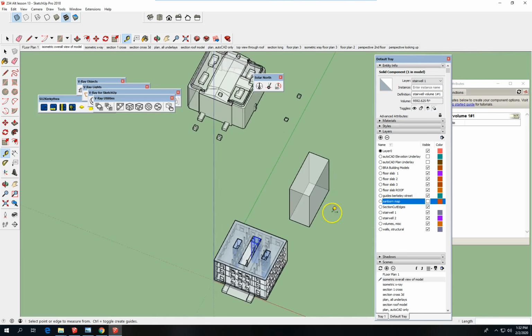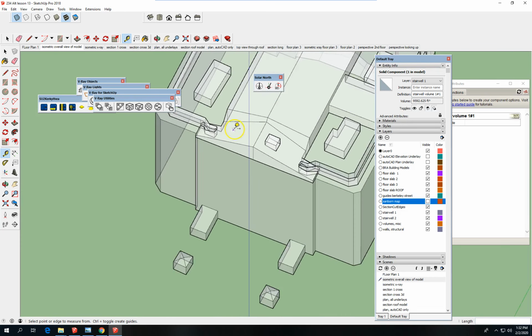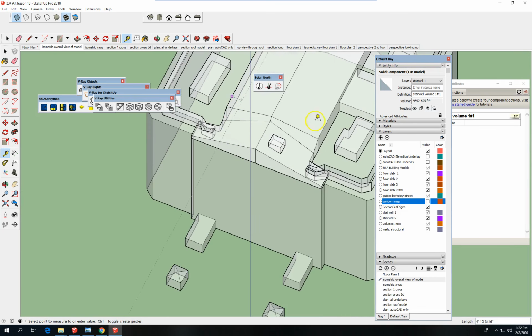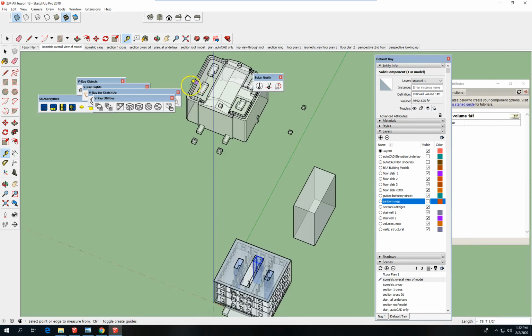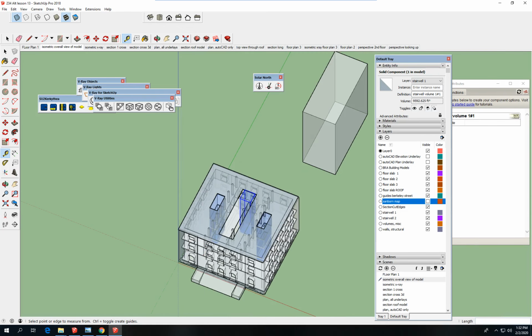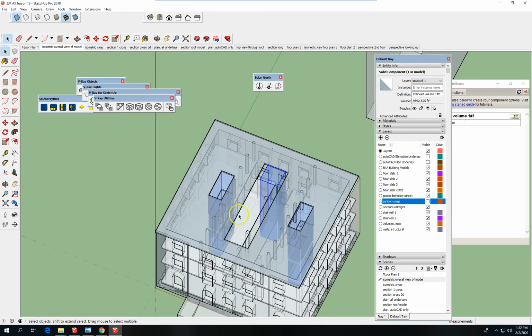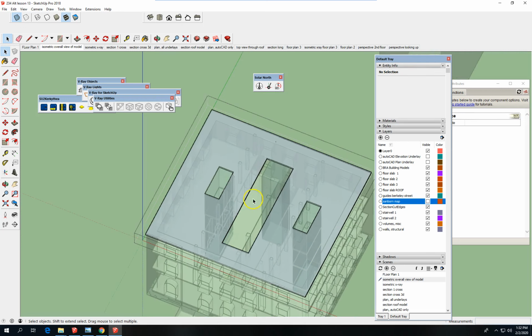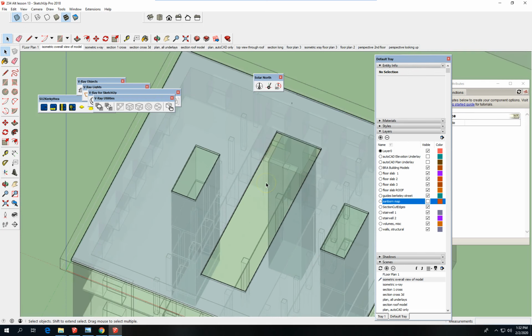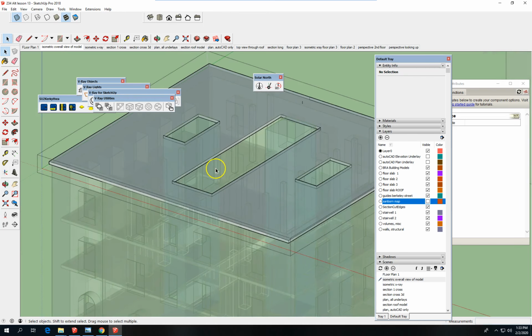How is it in this other model over here? Yeah, 40-ish feet. So I'm okay. I think what I'm going to do is expand the opening